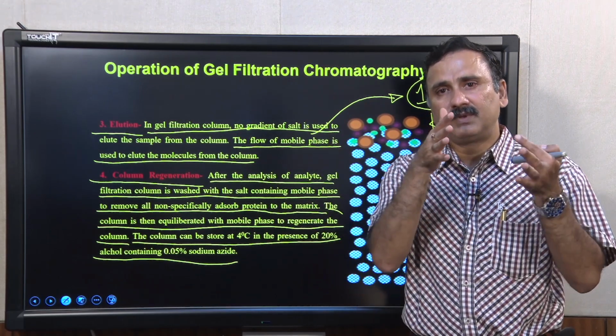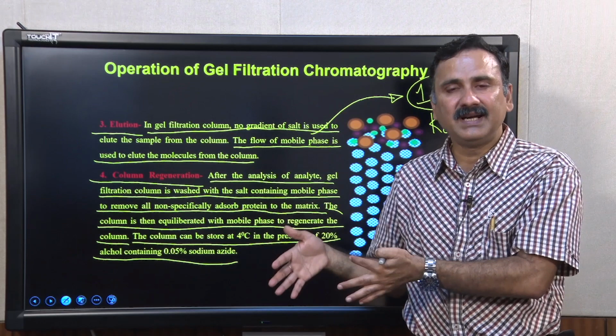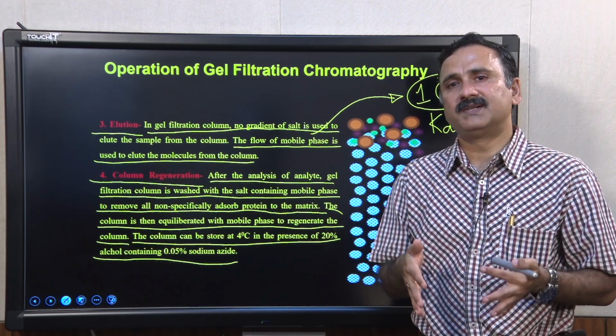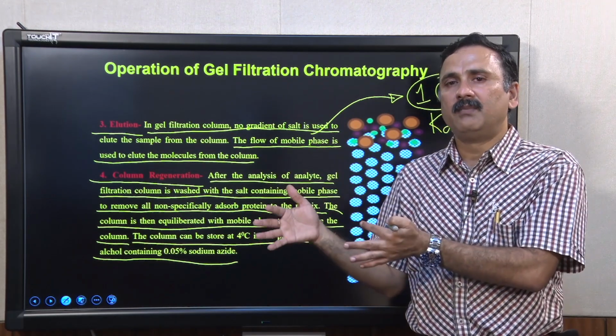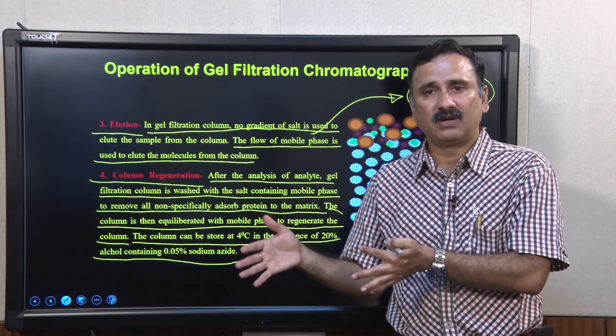So, the temperature has to remain constant throughout your performing the gel filtration chromatography.